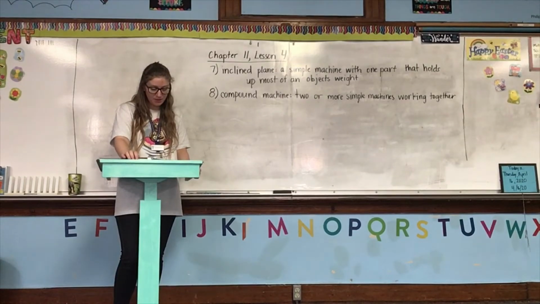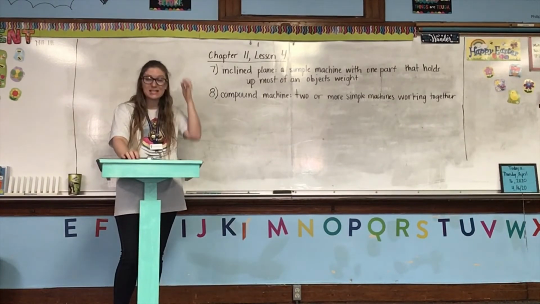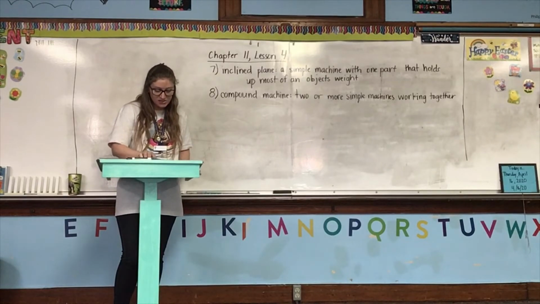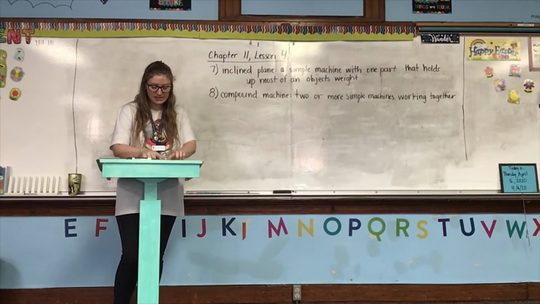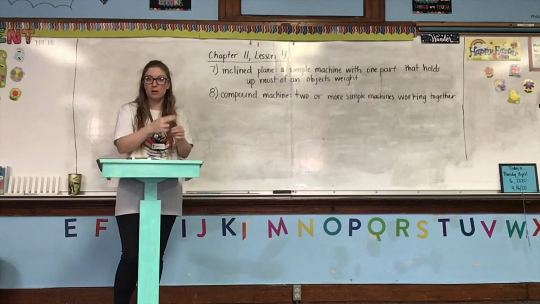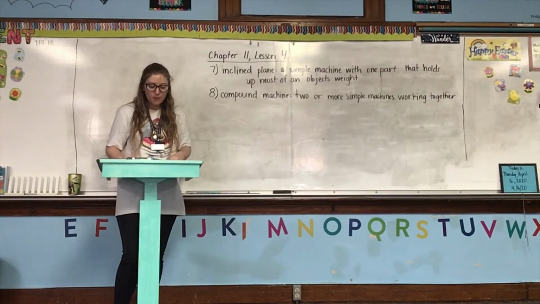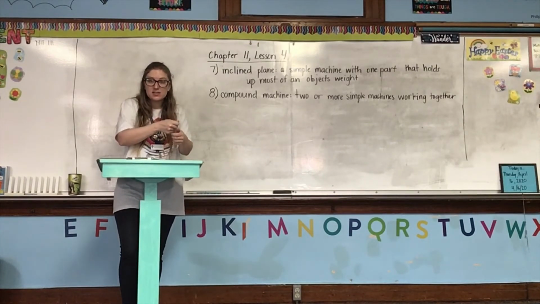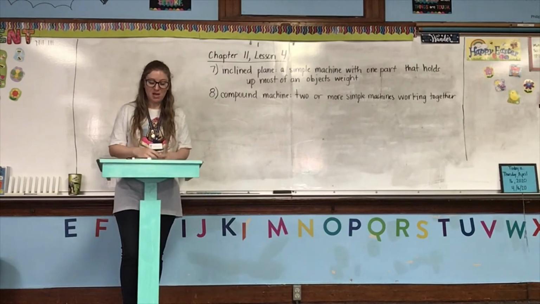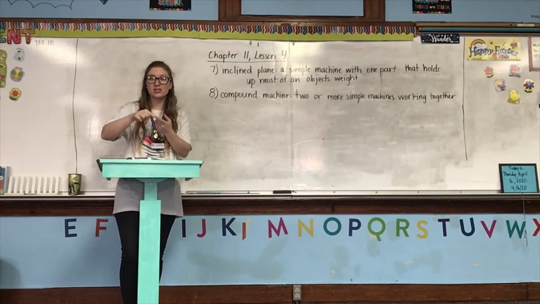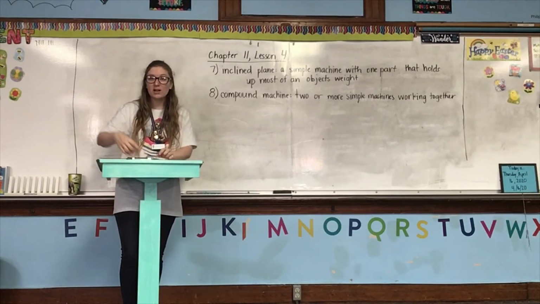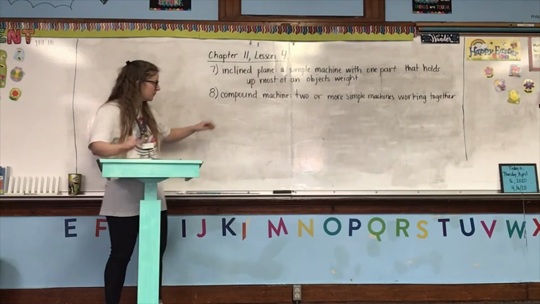Scissors, for example, are made of two wedges. The wedges act as first-class levers. When you push the handles together, the blades cut. So if we look at these scissors right here, we can see that the wedges are the metal parts that actually do the cutting. Because if we are using scissors, we're cutting that paper. So what it basically is, it's two wedges or two knives that work on a lever where you're pushing on,